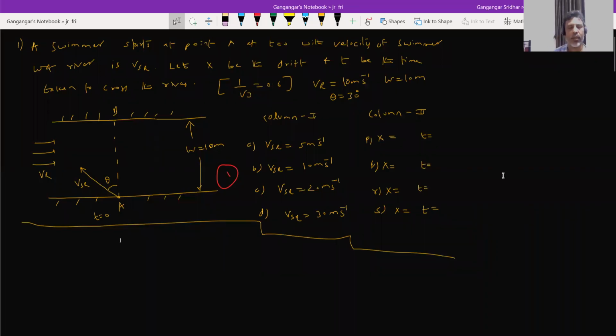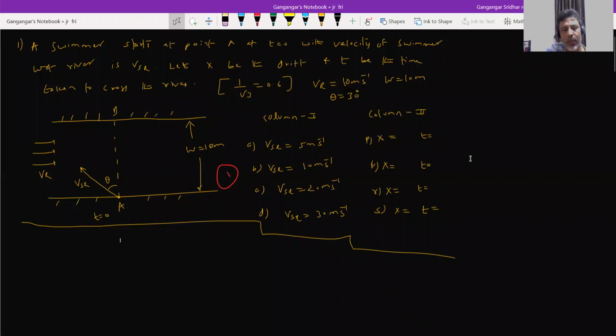Okay. In the previous class we discussed the riverboat theory. In today's class we are going to work out the numericals, at least 5 or 6 of them. Then we'll go to another topic, the minimum separation between two particles when they are moving. There's a theoretical idea that I'm also going to cover in this class. First, we'll focus on the riverboat problems.